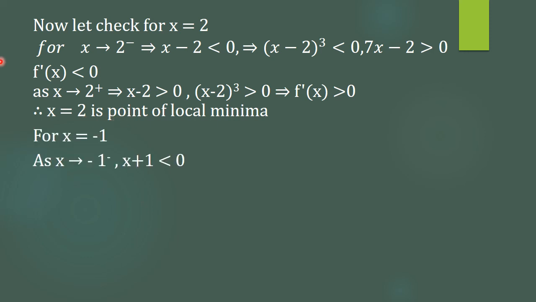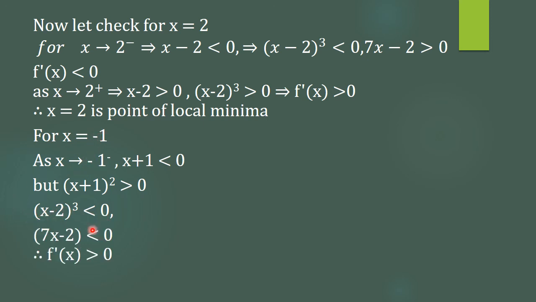Now for x is equal to minus 1, as x tends to minus 1 minus, it means x plus 1 is less than 0, but its square will always be positive. And for the cube of x minus 2, when we replace x as minus 1, this is minus 3 cube, so it is negative. 7x minus 2 is also negative. So ultimately negative, negative and positive, when we multiply, it will be positive when tending to minus 1 from the left side. Now the right side,